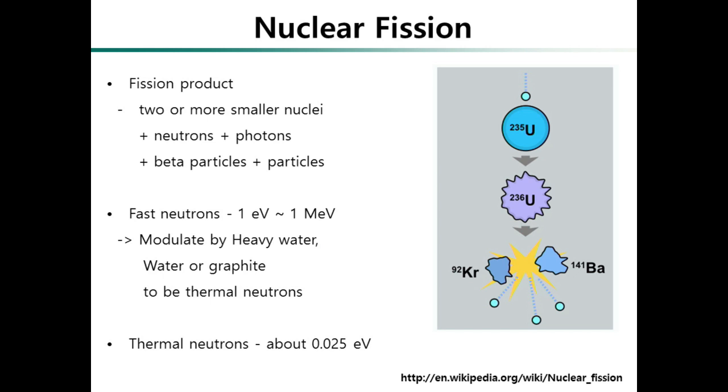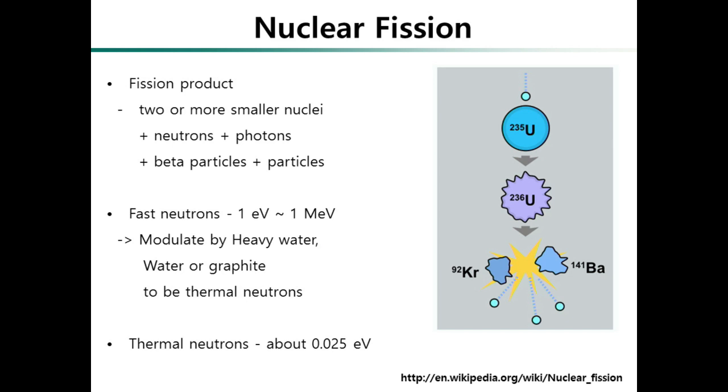I think this is very basic. Uranium-235 can absorb a neutron, then turn into uranium-236. Then it is an unstable one, so it divides into different nuclei. So they can produce 2 or 3 neutrons again. And after that, these go to another uranium nucleus. That means there is a chain reaction.